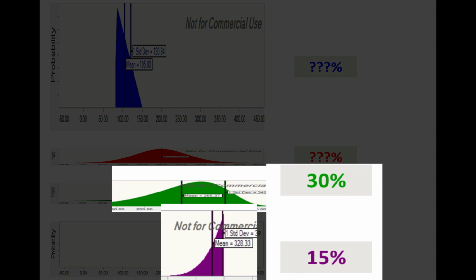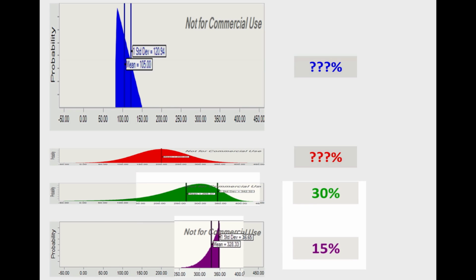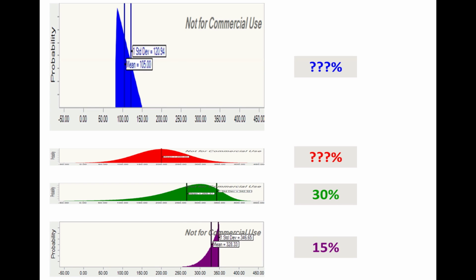The question now is, how much weight should I assign to these distributions? I arbitrarily decided to assign 30% of weight to the minimum extreme distribution, so 30% of all my values will be determined from this one, 15% to the beta distribution, and now the question is, how much do I assign to the remaining two? It turns out I don't have any freedom of choice here anymore for the last two distributions,